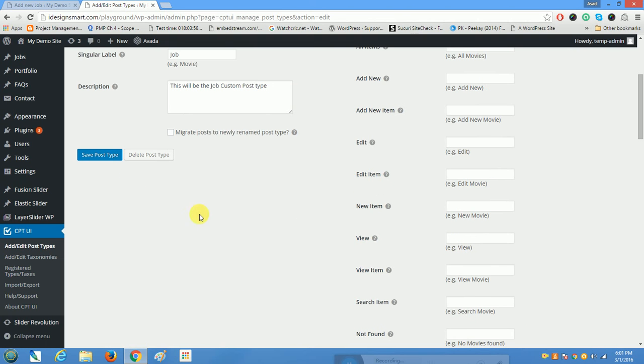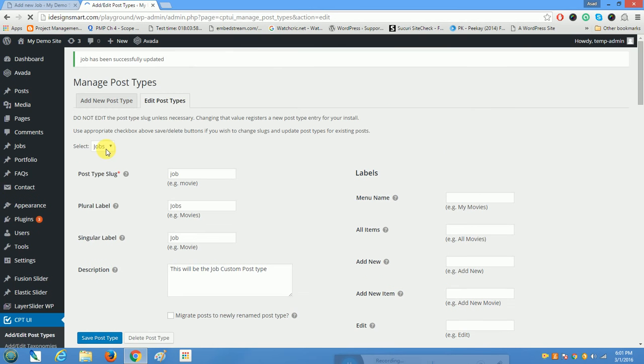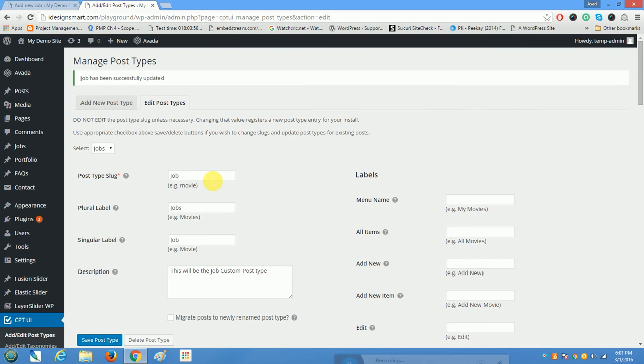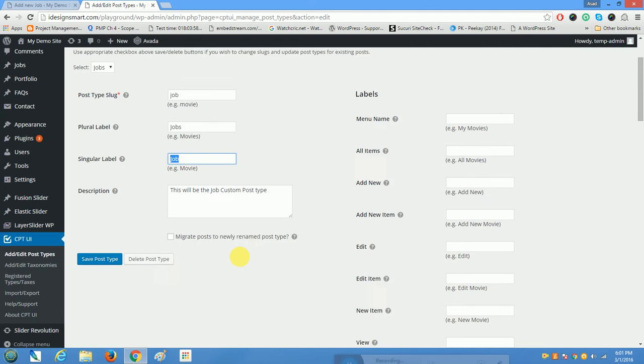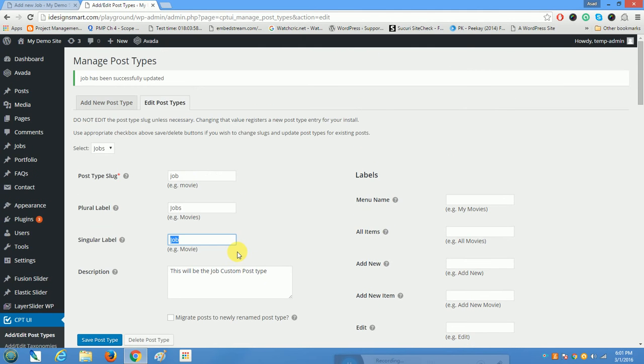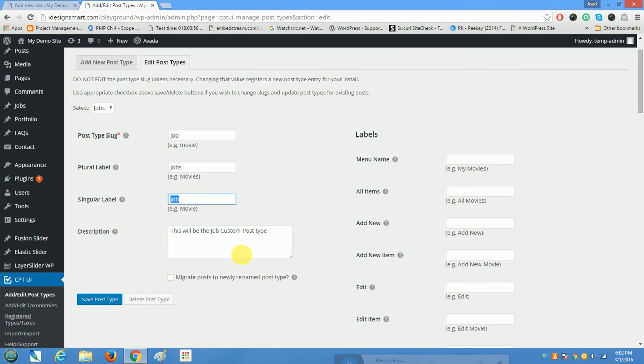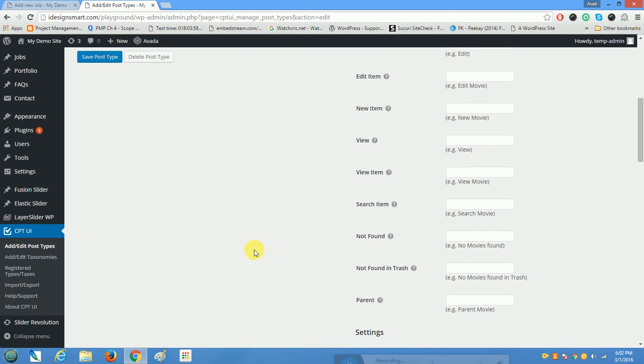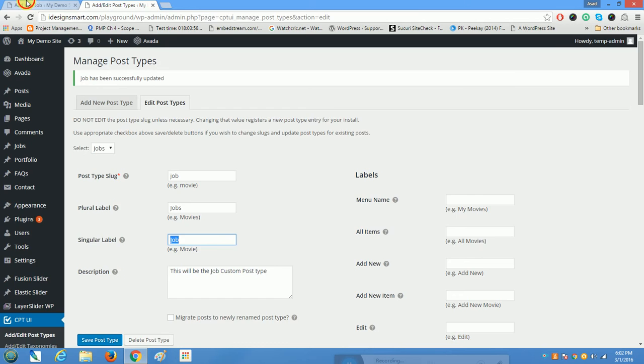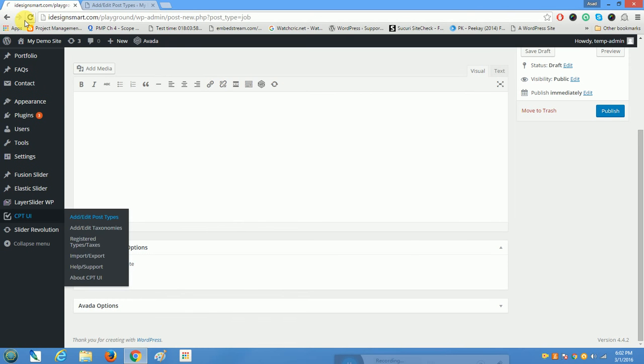So what you might be wondering is where are the custom taxonomies or any data that might be applicable to my job? For example, job specialty or location, or job type can be some properties that you need for a job. So how can we do that? Well, there are two ways to do that. The first way is to add custom fields to your custom post type, and the second, easier way is to do it with taxonomies. So I'll show you the second, easier way, and basically I'll just refresh this